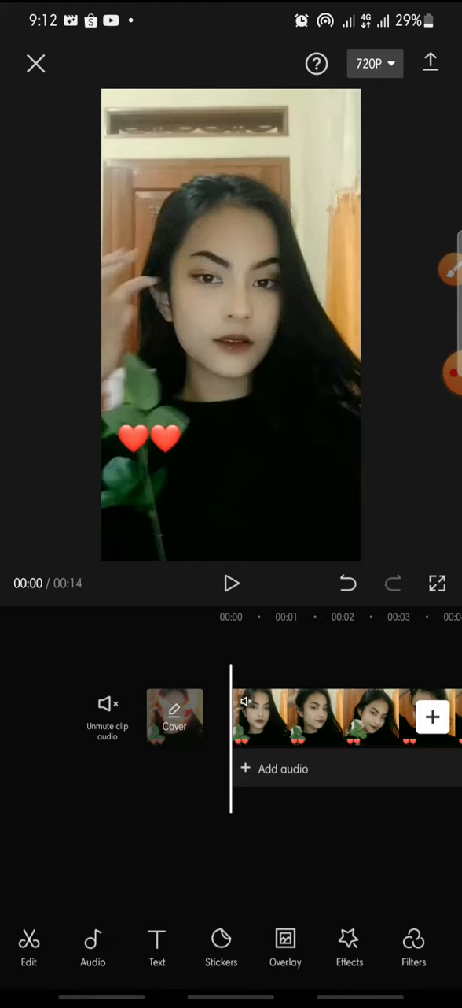In this video, I'm going to show you how to zoom in on CapCut apps. Now let's get started. First, if you wanna zoom in the video, after you add the video that you want